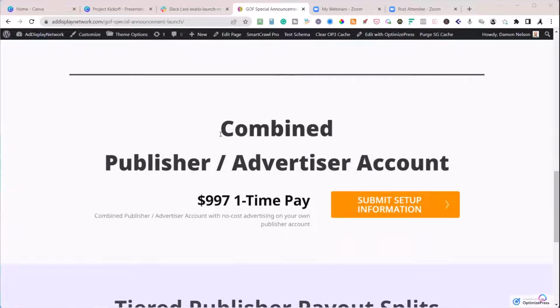So what if you wanted a combined account? You wanted to be an ad agency. You want a publisher and advertiser linked together as a combined account. You want to sell your own ads, place them in there and go to your own publisher site. We have a one-time fee, it's $997. It will make you a publisher and advertiser, and it will go ahead and set you up as a 50-50 premium,